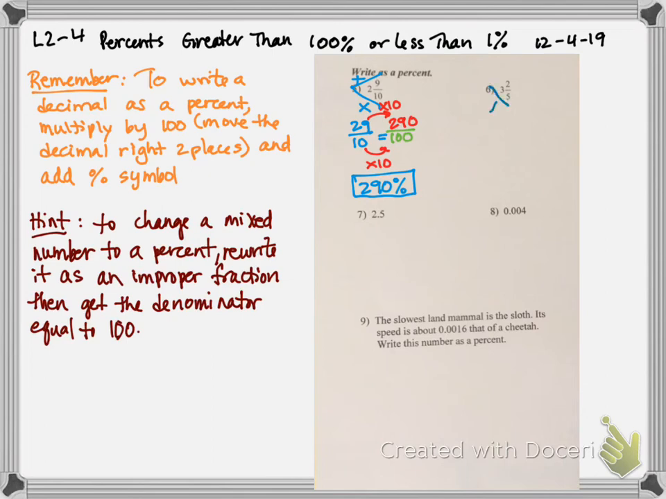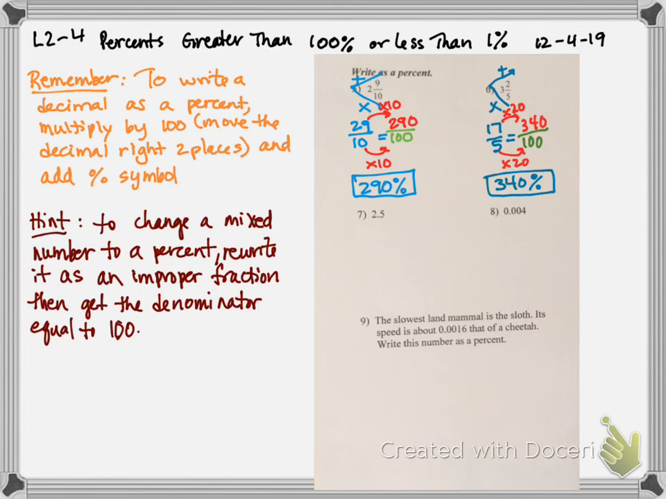Multiply 3 times 5 is 15, plus 2 is 17, and we get 17 fifths. So we want to go ahead and change that into a fraction that has a denominator of 100. And so far we're actually kind of lucky that these denominators are working out nicely. So 5 times 20 is 100. So I'm going to multiply 17 times 20. Well, I know that 17 times 2 is 34, and then there's an extra 0. So then what I'm going to do is go ahead and grab that numerator of 340, add a percent symbol,